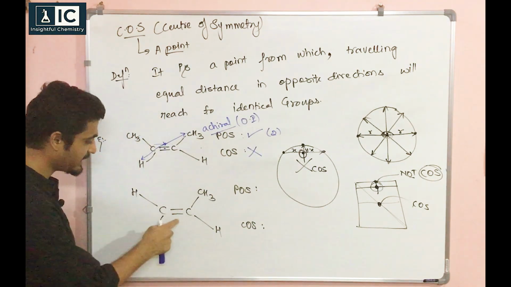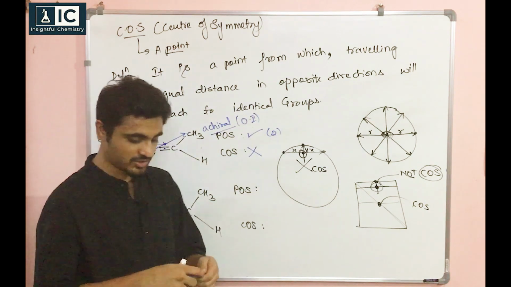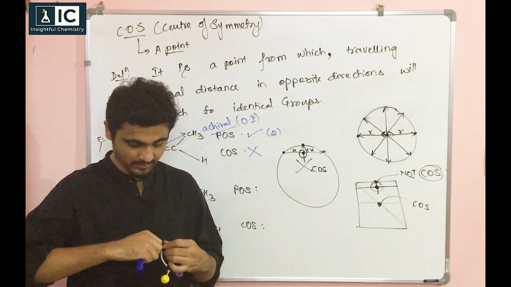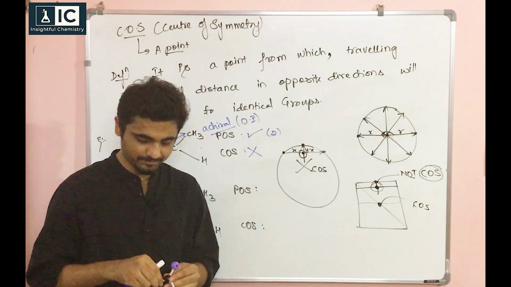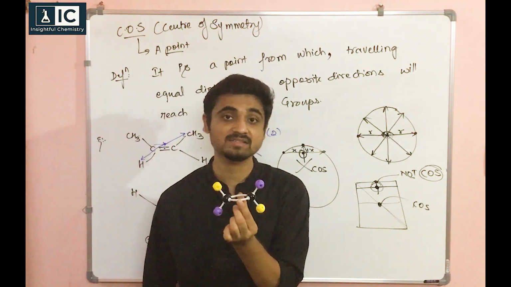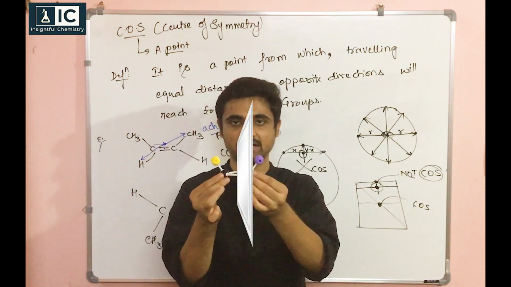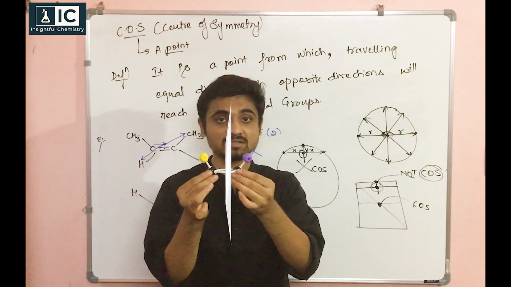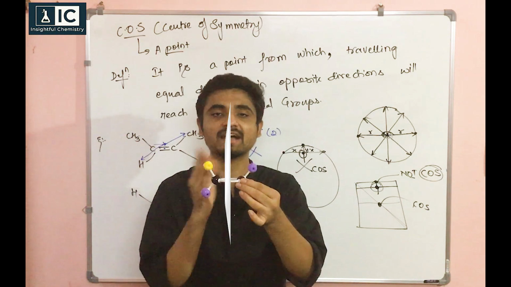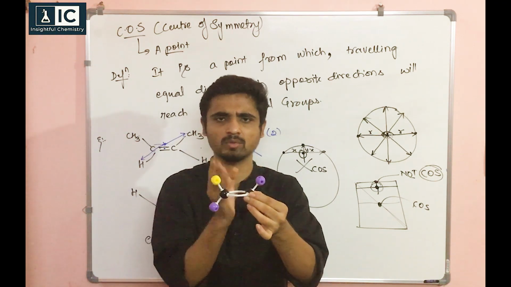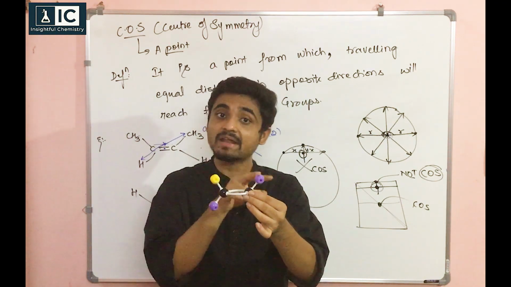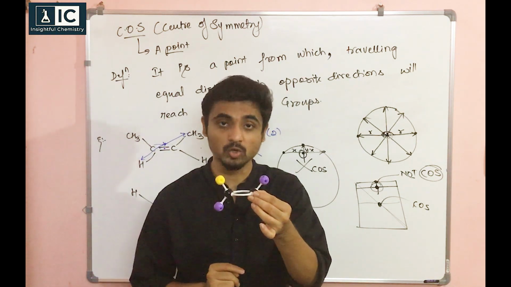Acha, look at this one. Okay, so if I take this compound, what I have to do, I have to simply exchange one. So let's do that. So now you see. Now if I ask, is there a plane of symmetry? Earlier we cut like this. Now you see, if I cut like that, will they be mirror images? No. But is it half-half? Yes, half-half compound both sides. But is it mirror image? So your answer should be no.